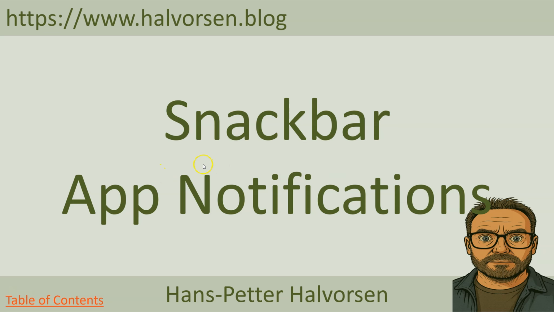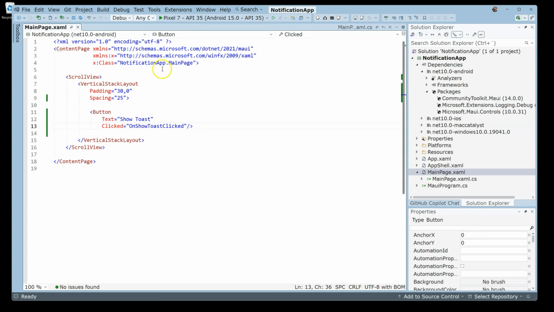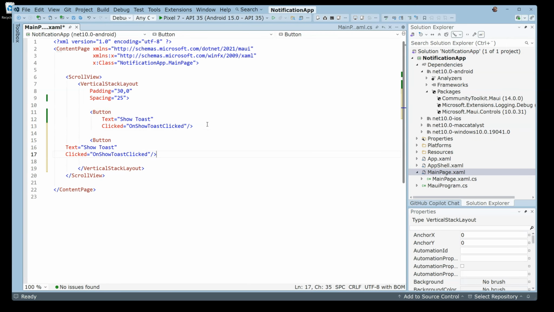So the next app notification type is also called snack bar. So let's see how we can implement a snack bar in our notification app. So now we are back in Visual Studio and in our .NET MAUI project. So let's just create a new button similar to the toast button, but now we will create a snack bar instead. So then Show Snack Bar and then OnShow